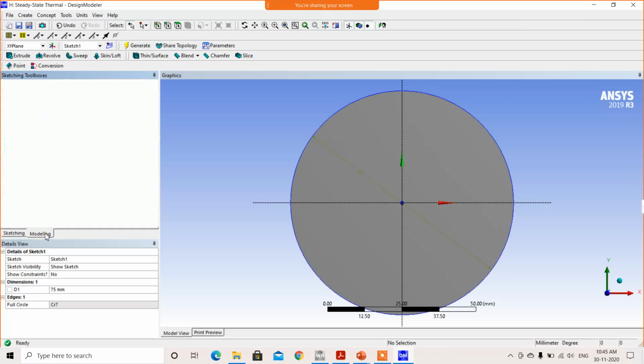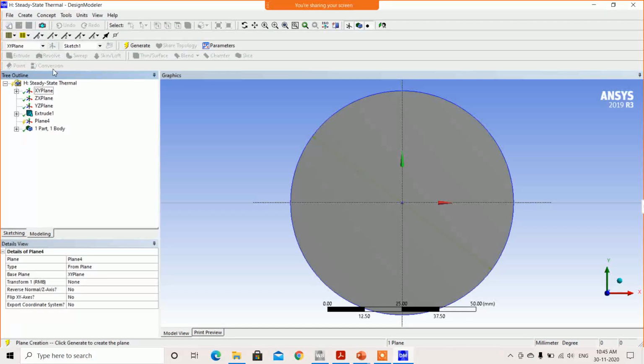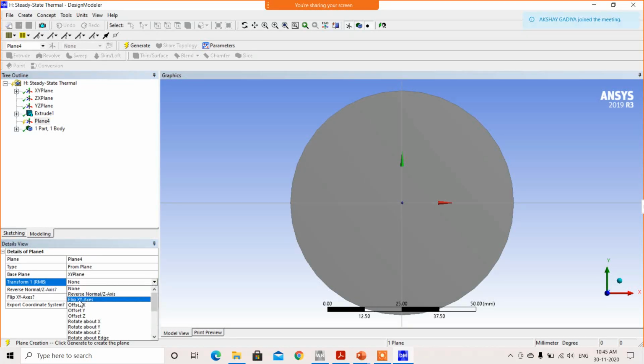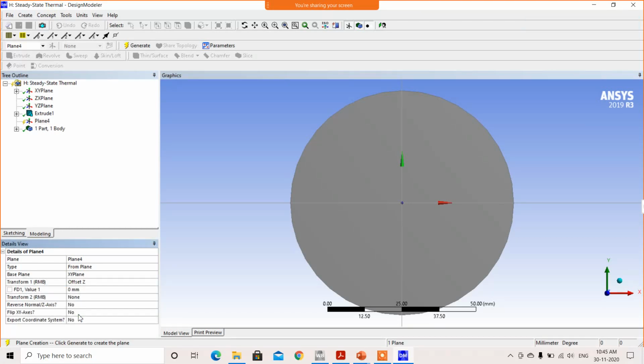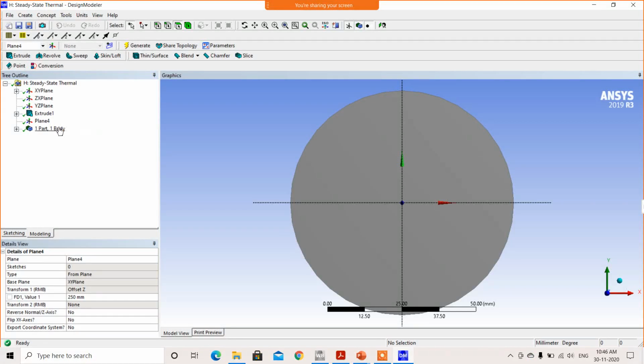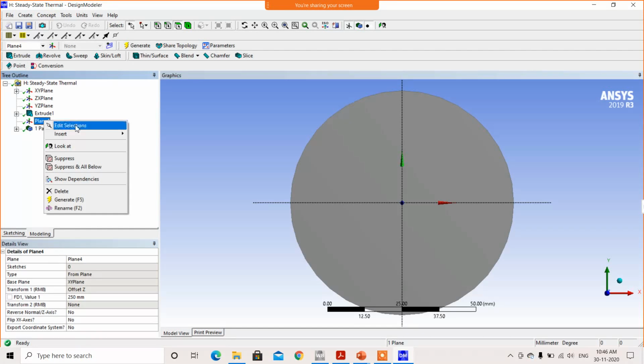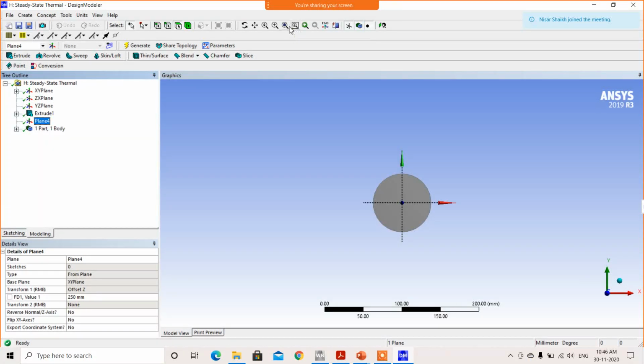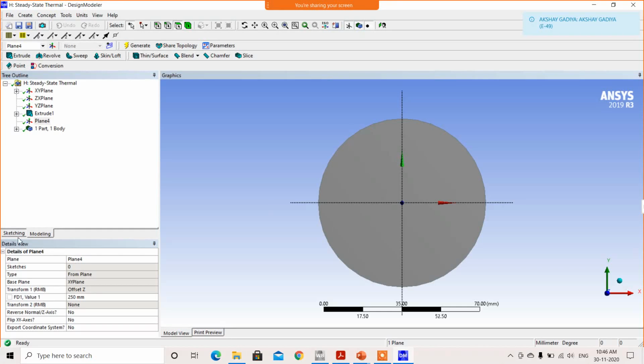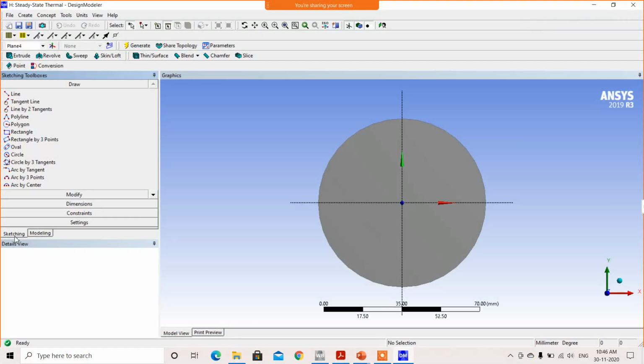Again I want to draw one more bar over that 75 mm bar. First of all, go to the plane, there is a need to create a plane. Where is there a need to create it? From the XY plane it is offset in the Z direction. How much? It is 250, because it was extruded up to 250 mm. Click on generate. Now, the plane is at 250 mm. So, simply click on the plane and look at. Now, the next sketch can be drawn on plane 4.